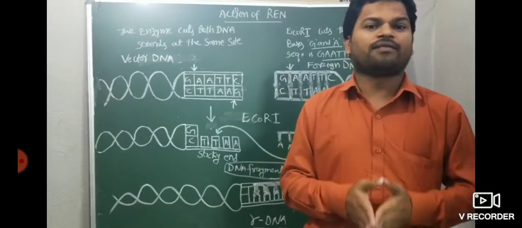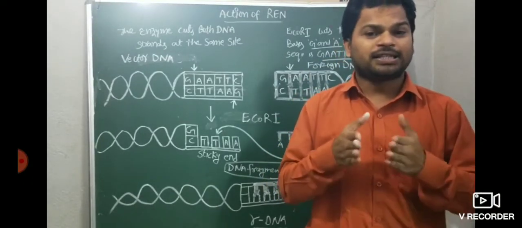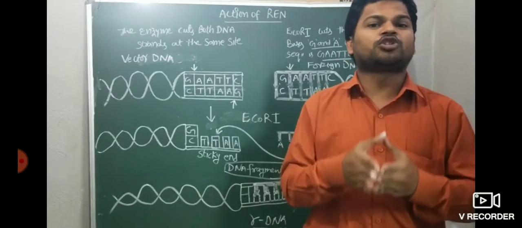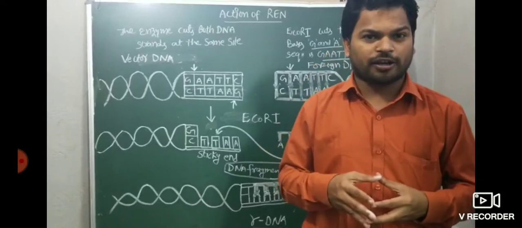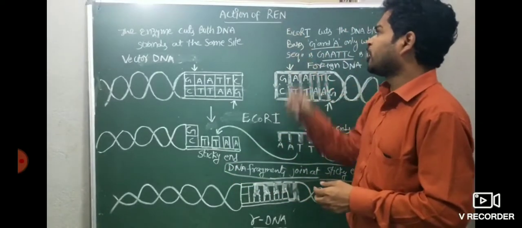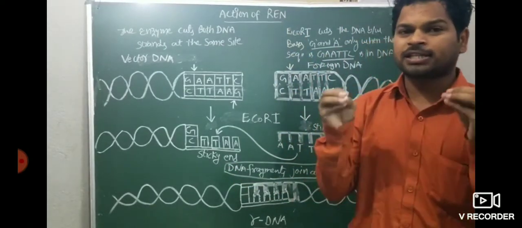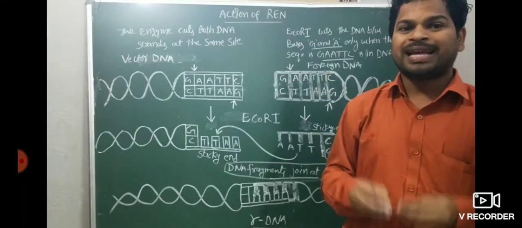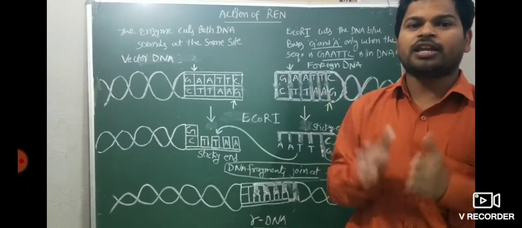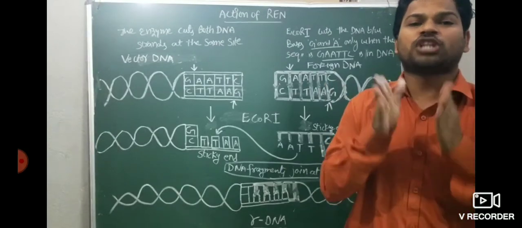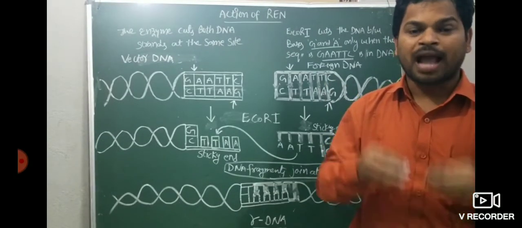So sticky ends of the desired DNA and sticky ends of the vector DNA are both required for ligation to produce recombinant DNA. Each restriction endonuclease enzyme recognizes the specific sequence, cuts the DNA at the specific position, and leaves